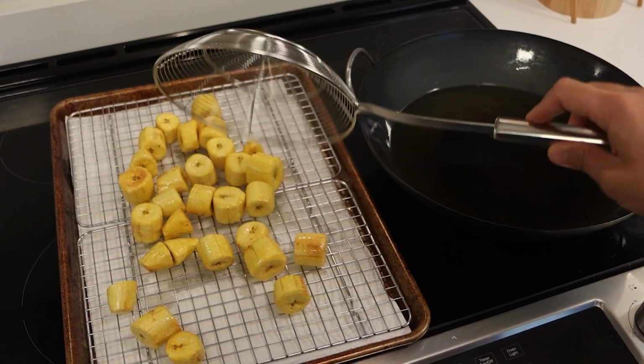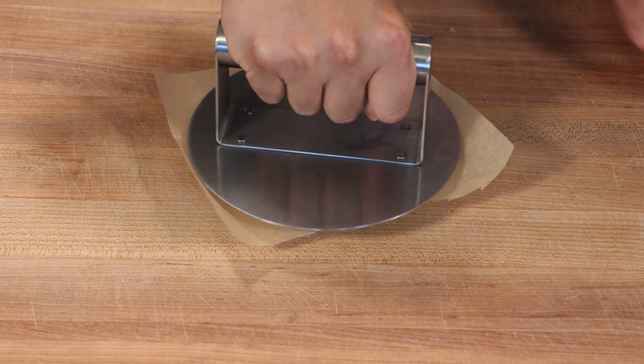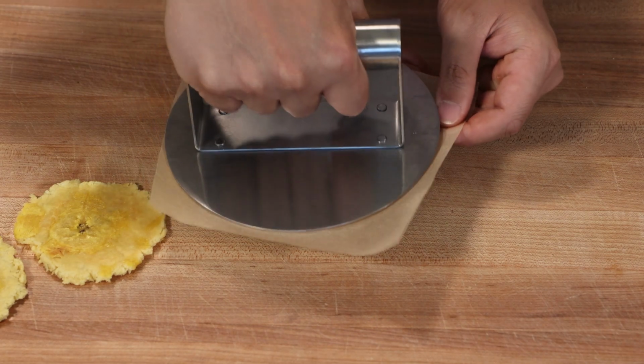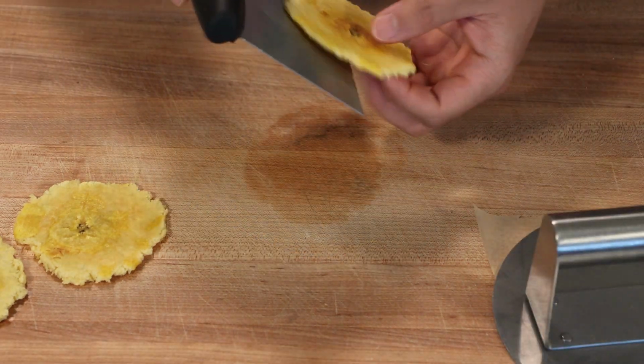Now for the fun part, smashing. Use what you can here to smash them. I have a burger smasher, but you can use the bottom of a mug, a skillet, or even a tortilla press. Press down gently to flatten them to about 1/8 to 1/4 inch thickness, which will give us that perfect